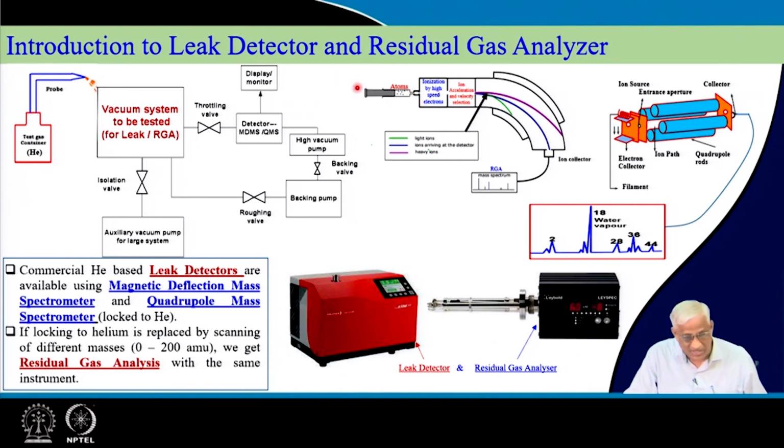If the tracing is not done, these will be general atoms, air atoms, but once tracing is done, this will be flooded mostly with the helium gas now, like a purging. This helium gas at 10^-2 torr, partly it goes here, partly through the throttle valve it will go here. Once it goes there, the atoms can be ionized by high speed electrons emitted from a hot filament and accelerated to an electrode, and immediately they will be ionized. That is called the ionization chamber. These ions will be sent or throttled through an orifice into another chamber, where they will be accelerated,